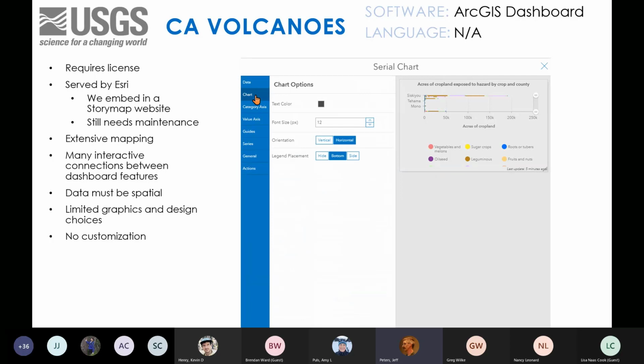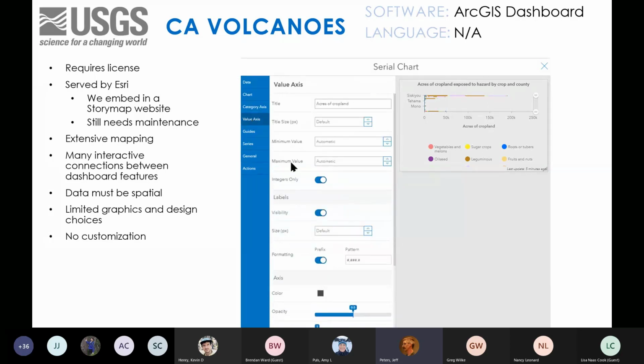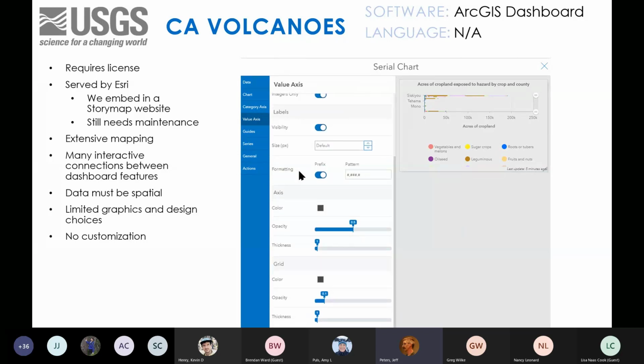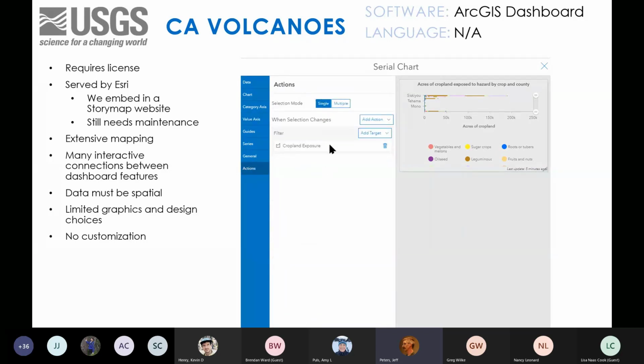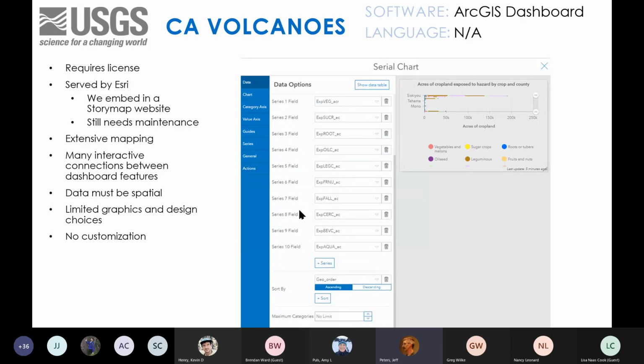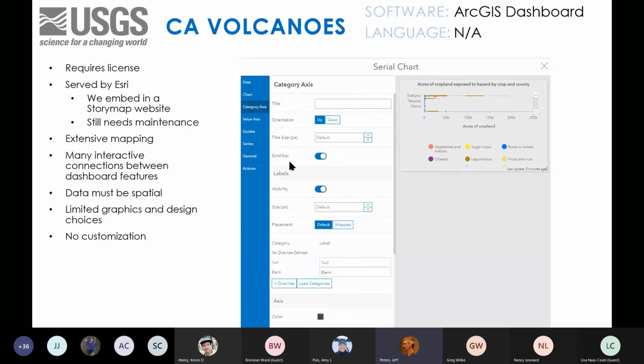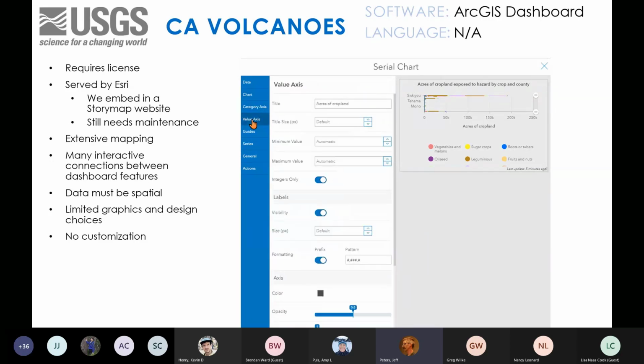It's sort of a canned product, but it's handy because you can serve it through Esri, and it does offer extensive mapping and many interactive connections between the maps and the graphs and various buttons and stuff. Kevin has even better examples for this.